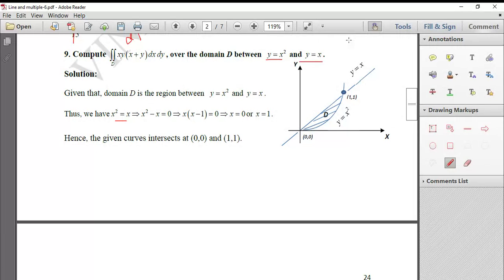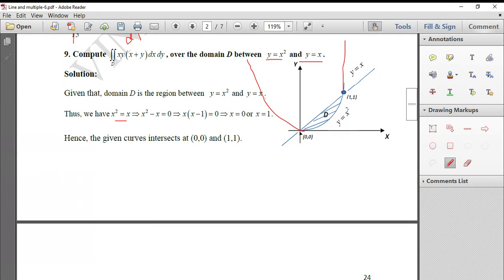So that continues, that parabola. Right? Similarly, when x is minus 1, your y is 1. When x is minus 2, y is 4. So you'll get a parabola like this. Right?